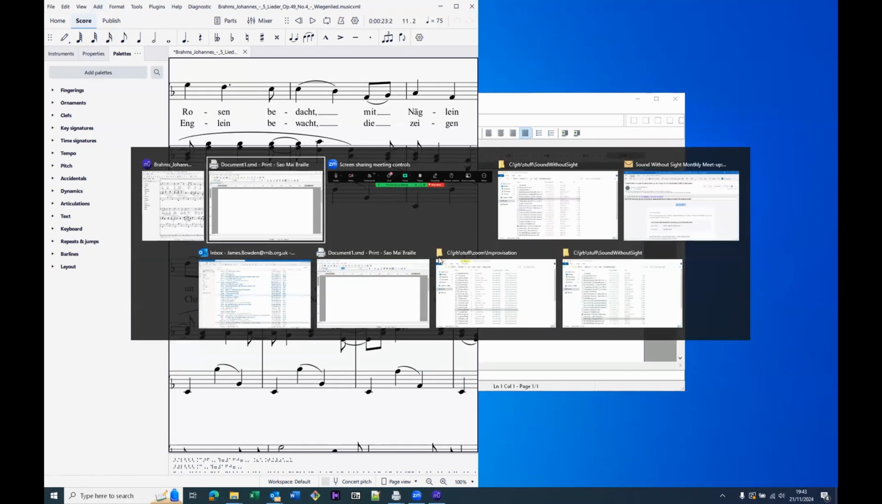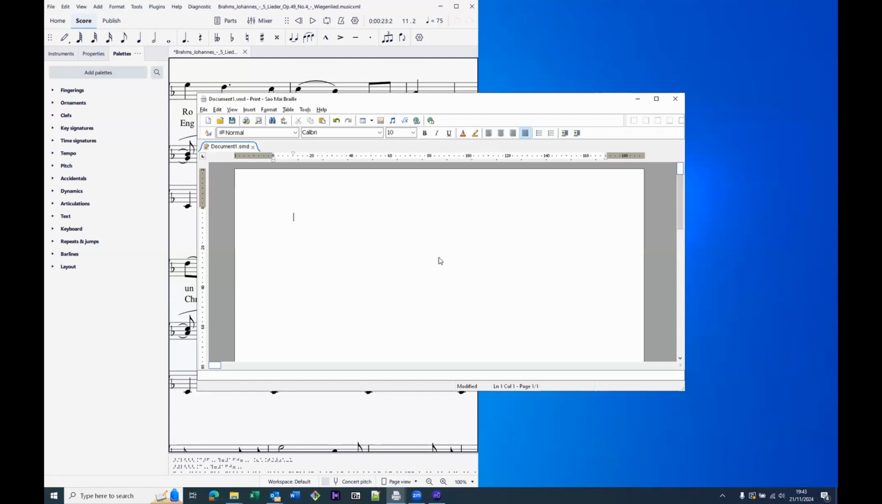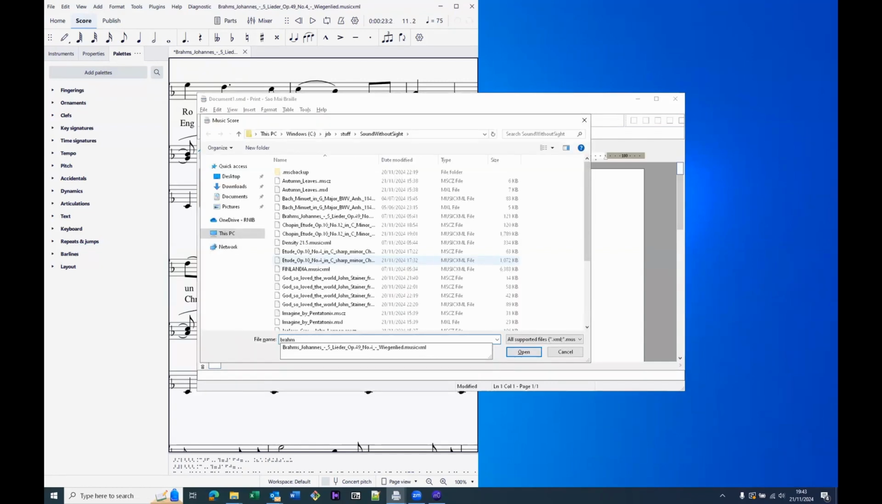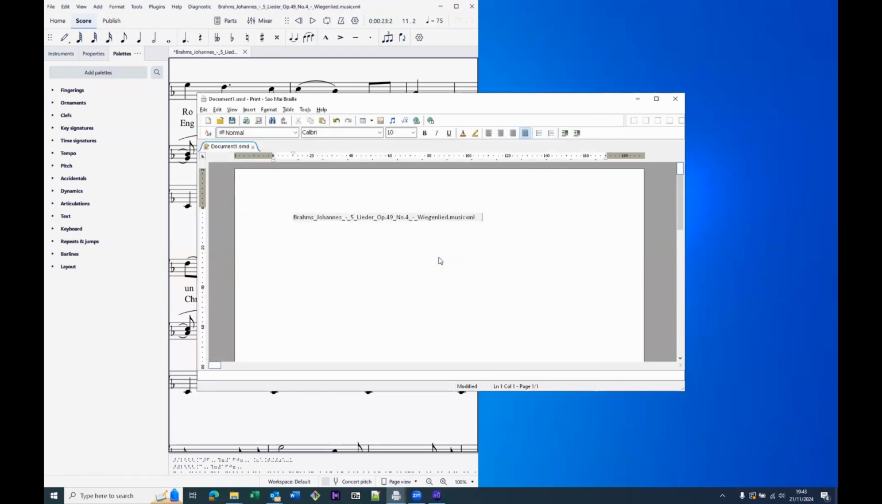Task switching. Document 1 SMB. Import with Shift F11. Alt F11. File name BRAH, Brahms underline Johannes underline. And Enter. Document 1. Hopefully, when I translate, because I've now changed the options, it's a very important point to